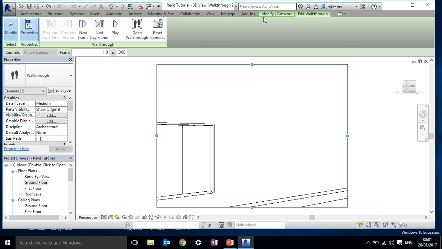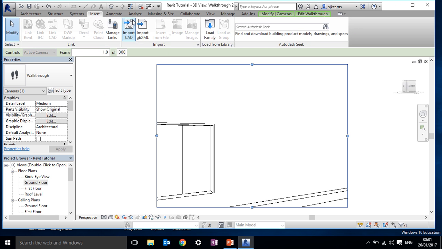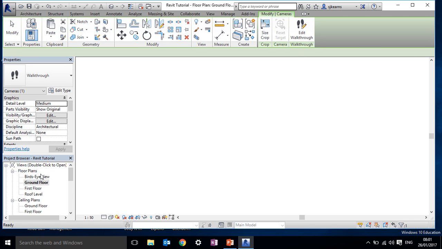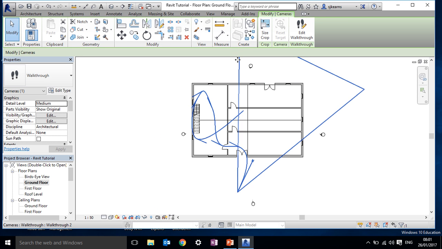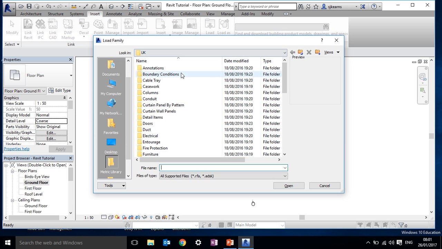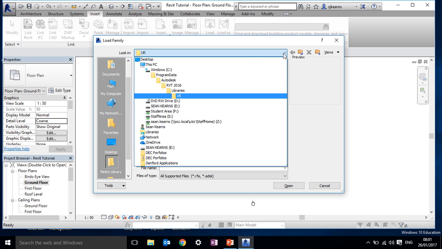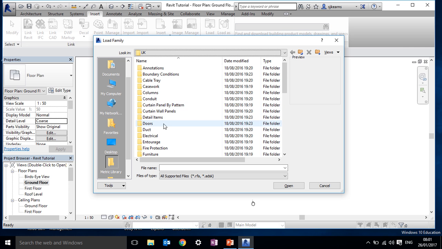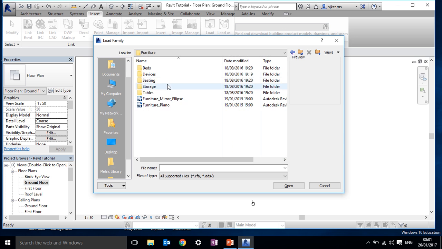The final thing that I want to show is how to insert furniture into a Revit model. So if we just escape out of the walkthrough there, you can load families, and hopefully this should be already loaded up for you, where you can take things like, say for example, furniture or lighting or parking spaces, all sorts of different things. You can even get things like garage doors and lifts, but I'm just going to put in some generic furniture,